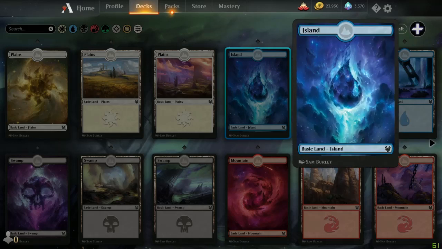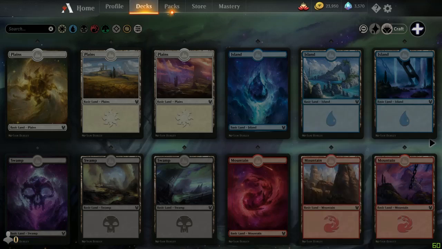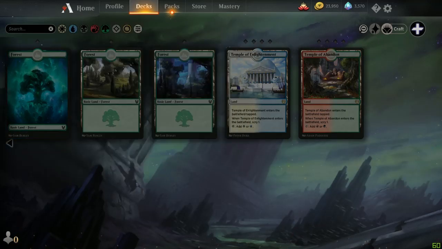You only need one to get all of them, but... Or you only need one, like one plain, one island, one swamp, one mountain. And I don't know how to get them. I haven't seen that yet, but